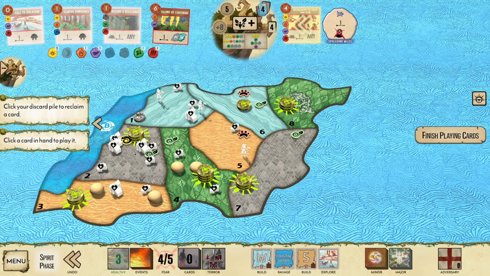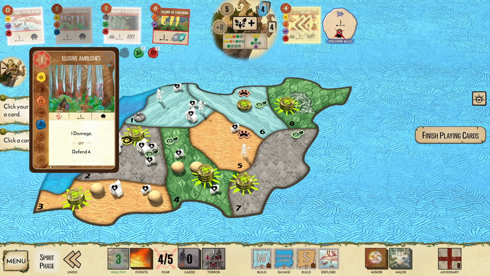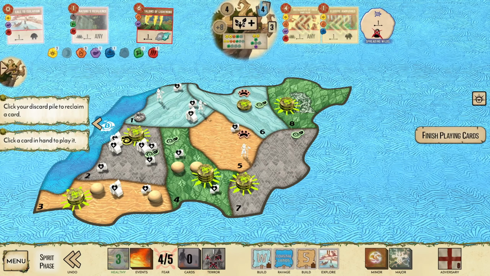My only problem is I don't want this land to be too built up, but we have a disease there, so that is some hope. And next turn I could start plowing into that land. So we need to play Elusive Ambushes. We need to play...